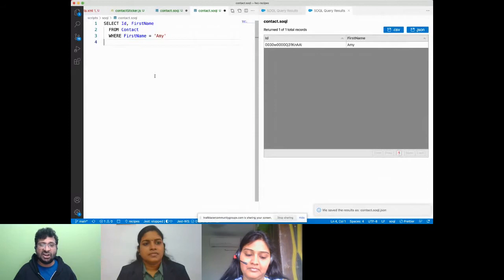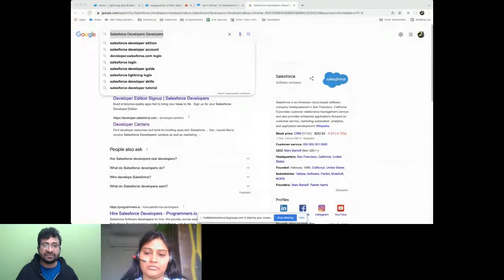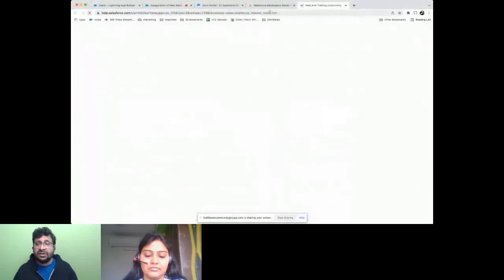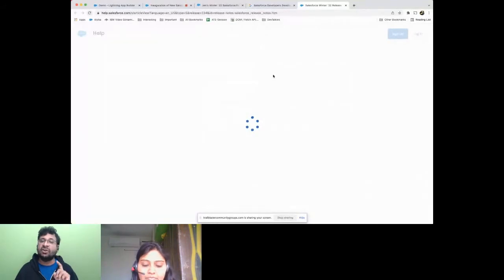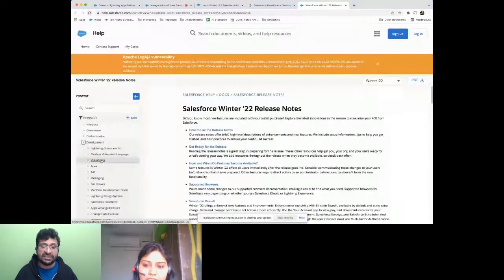In fact, I wanted to share a lot of other developer features as well, but one feature I want to show you before going forward, or before concluding this session, is the release notes. So basically, when we do the releases, we give out the developer features, the admin features, and the features for the users and all. For developers, you can find the features here, like Lightning components, Einstein, Visualforce, and all.